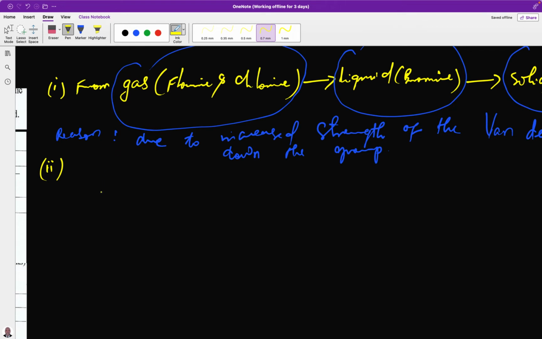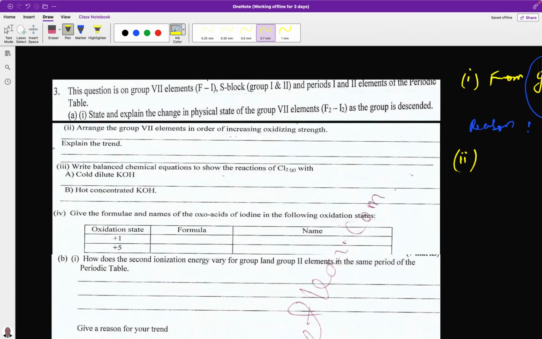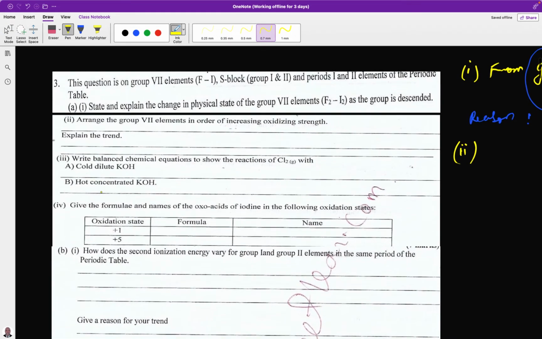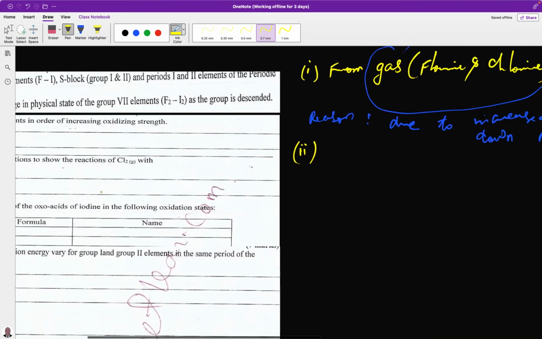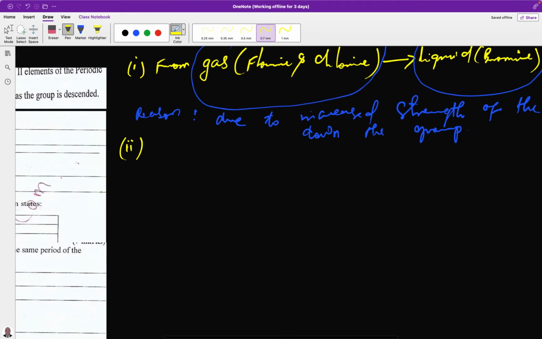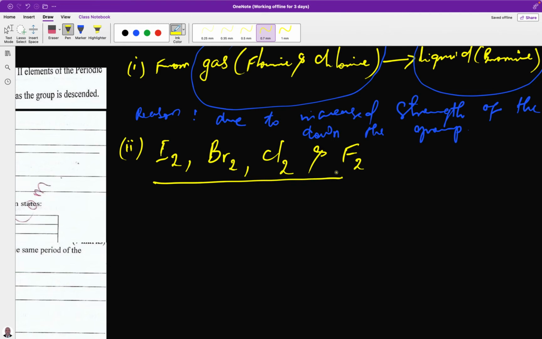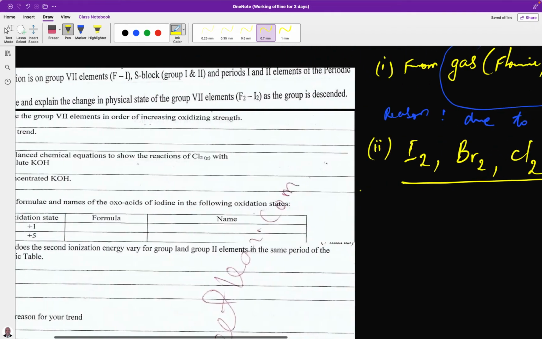We will say, because they have said, arrange the element in order of increasing oxidizing strength. That is from the lowest to the highest. And the lowest is iodine, followed by bromine, followed by chlorine, and finally fluorine. So this is an increasing order of the oxidizing strength. Then the question says again,